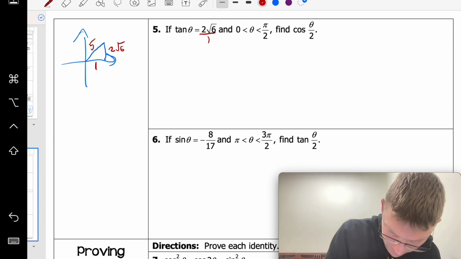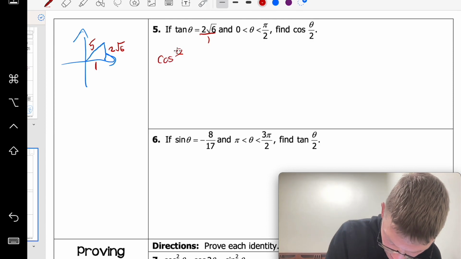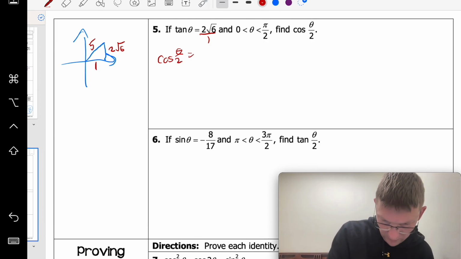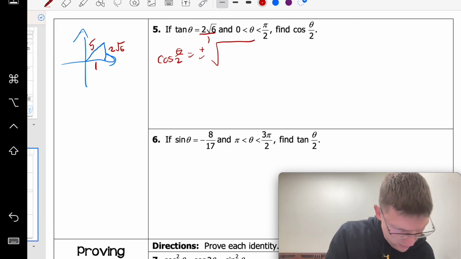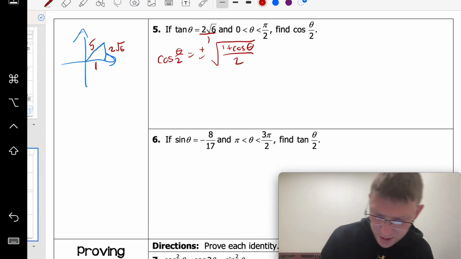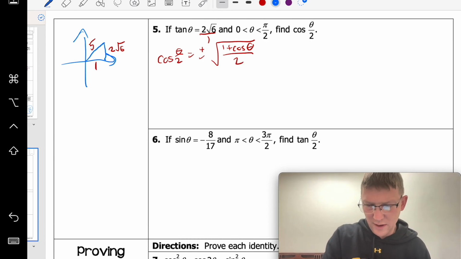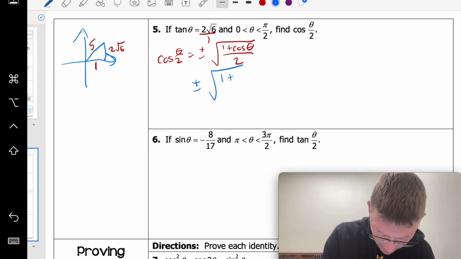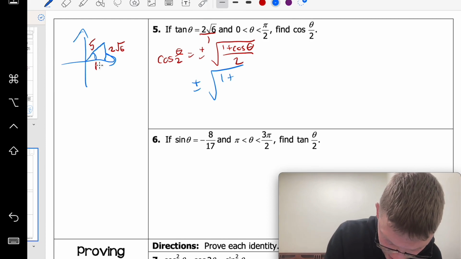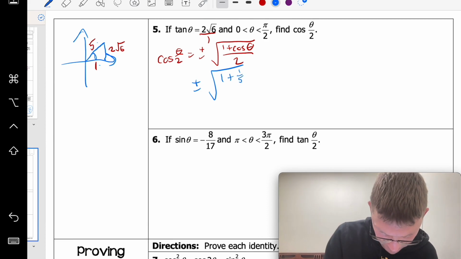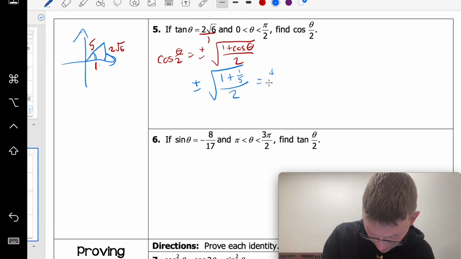Okay, so cosine of theta over 2 equals plus or minus square root of (1 plus cosine of theta) over 2. So then we add the stuff in that we know. So now we've got plus or minus square root of (1 plus cosine of theta, which is adjacent over hypotenuse). So that's going to be 1 over 5, and over 2. So then that's going to equal plus or minus,